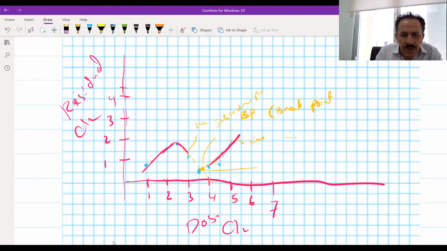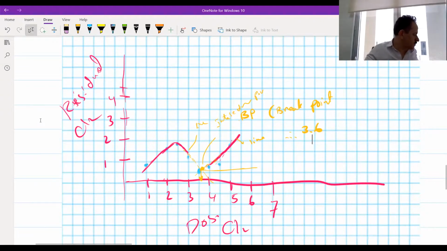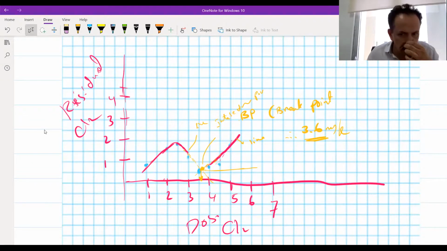The break point is about 3.5, 3.6. It will be 3.6 milligram per liter. So 3.6 milligram per liter is needed just to completely kill the bacteria, and after that